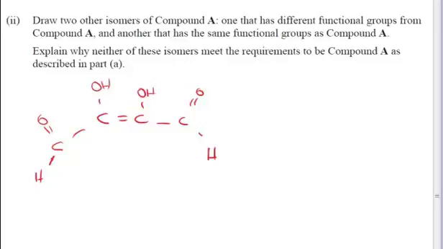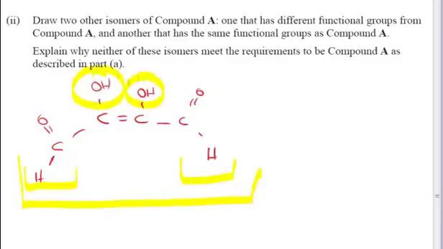Now, this is the one that I initially drew when I first looked at this problem, and it seemed to fit some of the requirements, but obviously it didn't meet them all. That's having an aldehyde group at this end and having these two alcohol groups coming off. Now, when they're